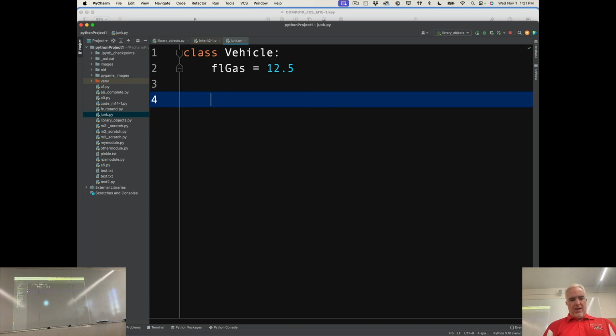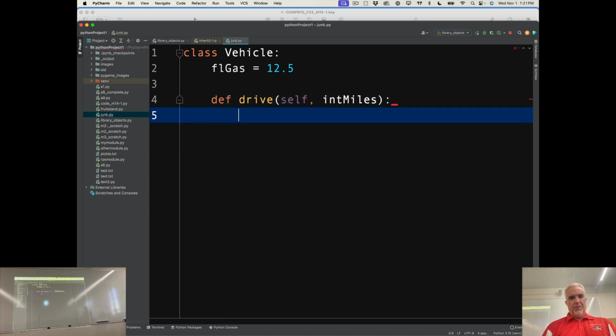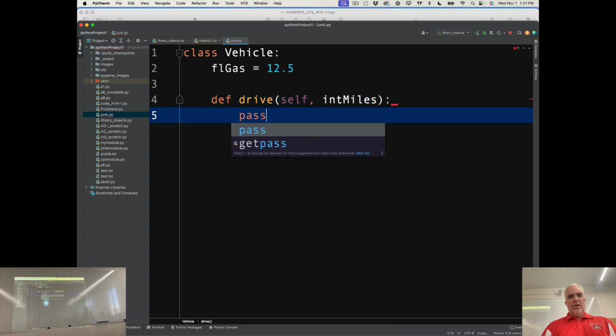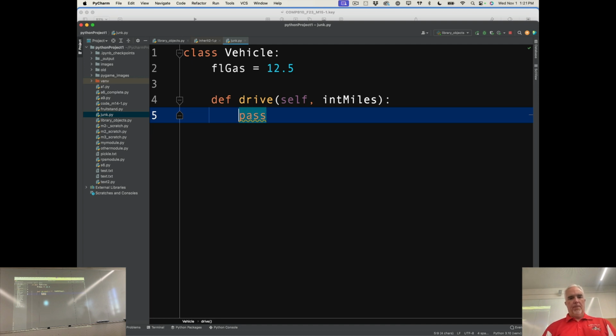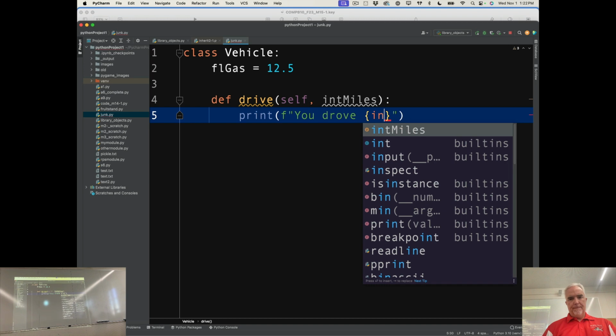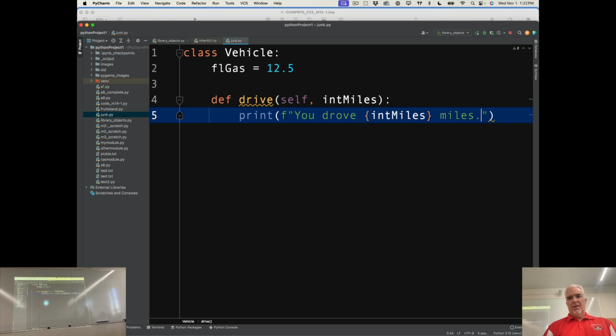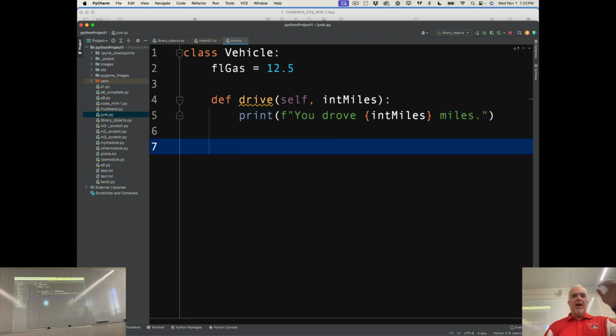And we will define a method here called drive. And we'll just say int miles just for fun. I'll just do this so we have something: you drove that many miles. Okay. So if I have that class, I can create a generic vehicle that has that property